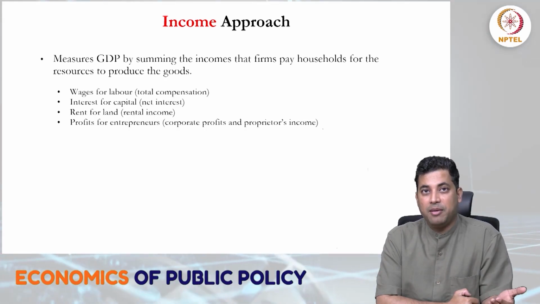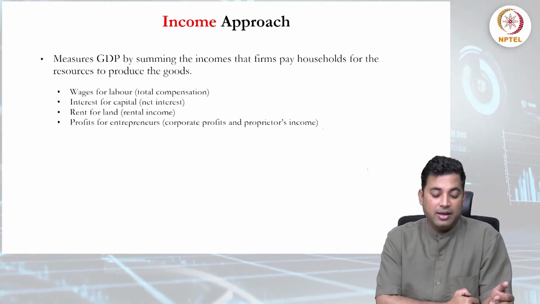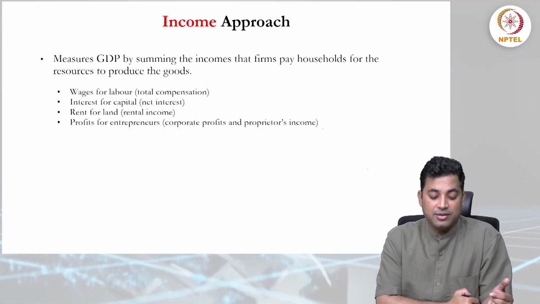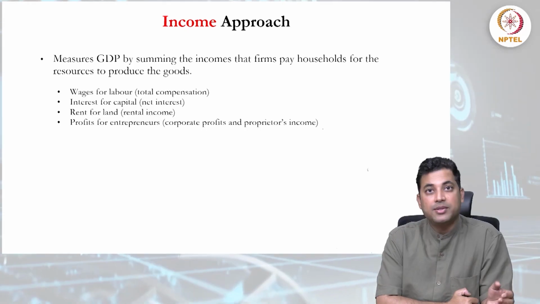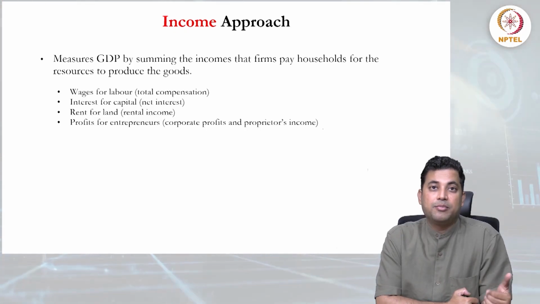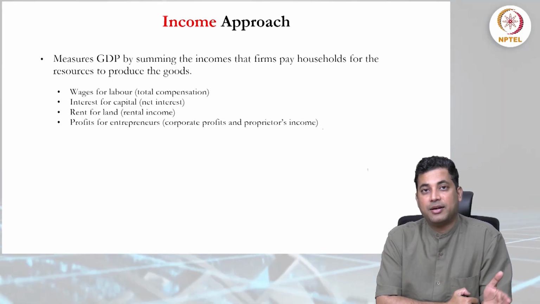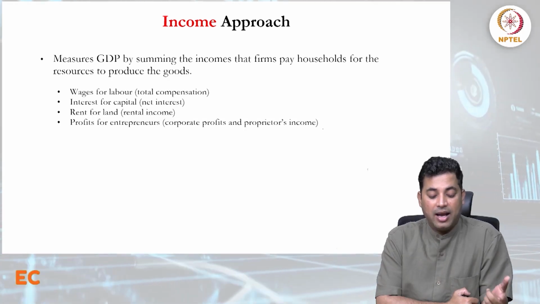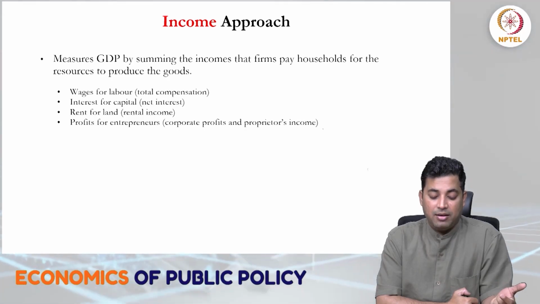In our last lecture we already showed the circular flow of two basic units, households and firms. As you know, households supply factors of production, and here factors of production are land, labor and capital, and in return firms make factor payments